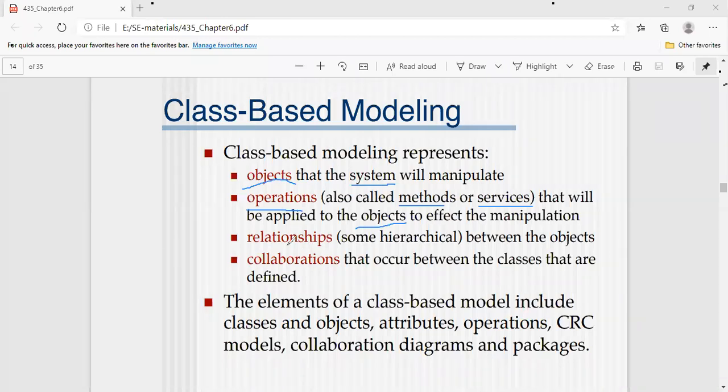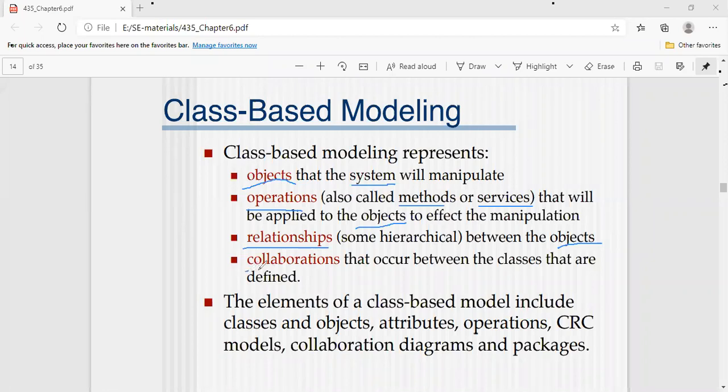And here we are having relationships between the objects. So what is the relationship between each and every object here? Multiple objects are used in a class. We would use them in classes. So what are the relationships between one object and another object here? And there is one more word, that is collaborations.